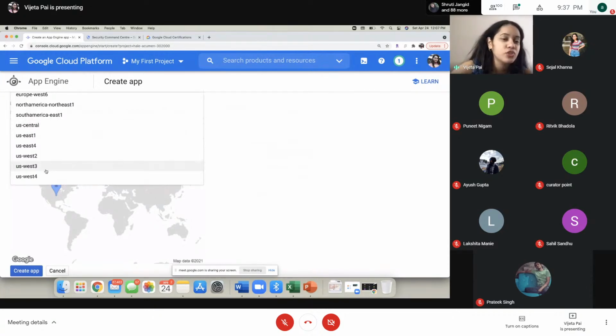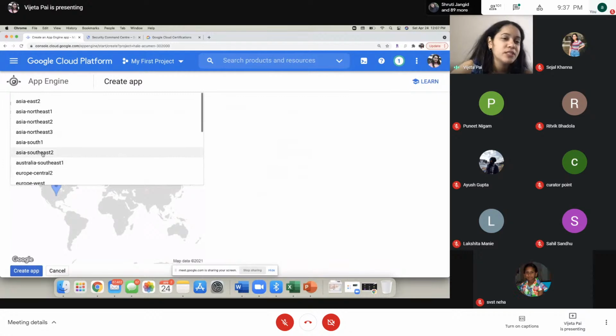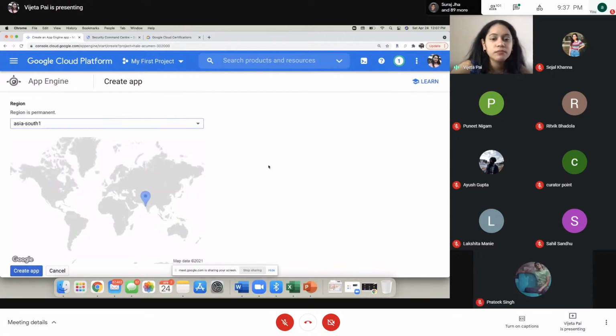You can just choose a region. So, for example, you decide, okay, let me just choose Asia South. You just choose that, and everything else is customized by Google Cloud. And you have to just create the application. As you can see, this is so highly managed by Google Cloud itself. You don't have to worry about anything. They are going to choose the right GPU, the right memory, everything else, operating system, based on your requirements.